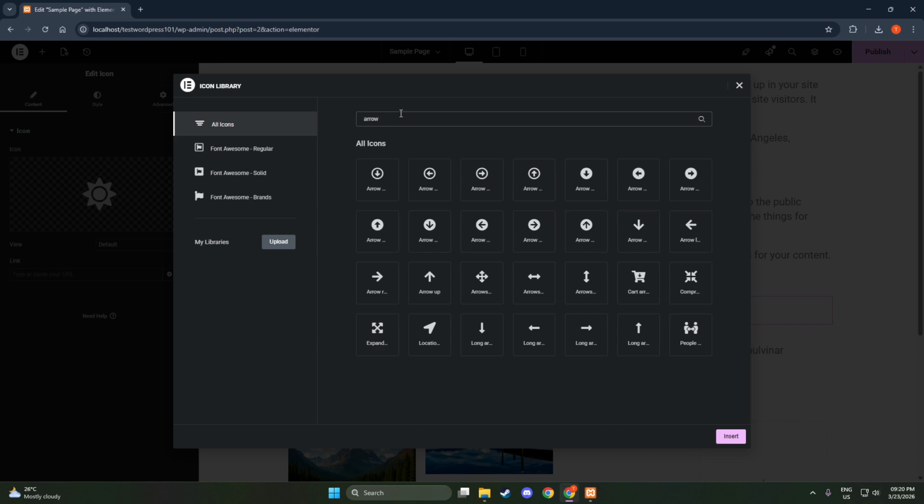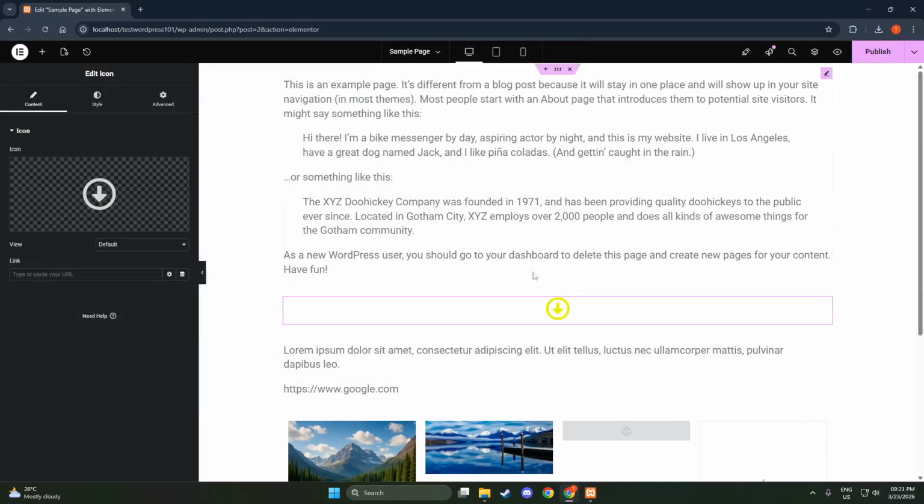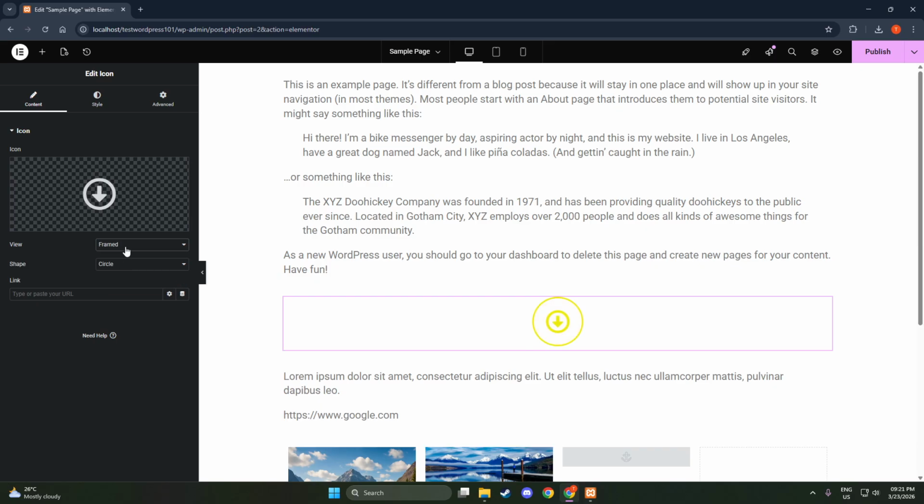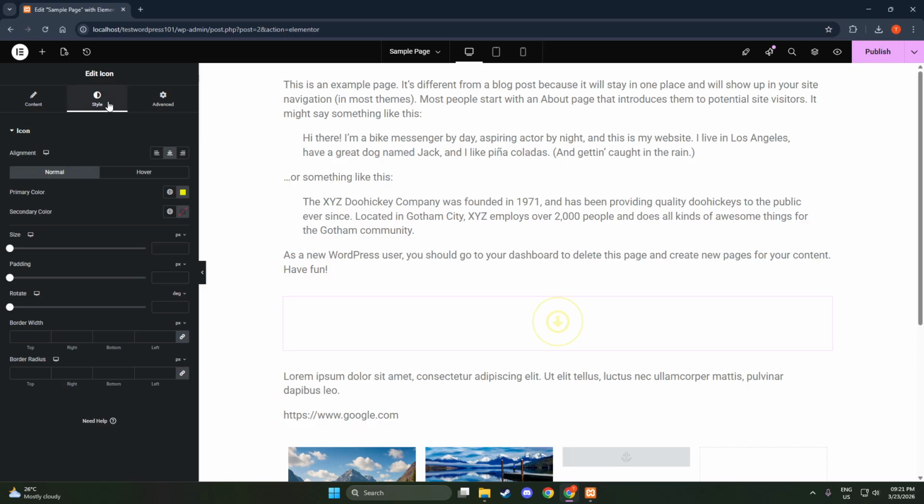Once your icon is in place, fine-tune it right in the same panel so it blends with your layout. Adjust size so it's readable without overwhelming nearby text. Set the color to match your brand palette and ensure strong contrast against the background for accessibility. Align it left, center, or right to keep your layout balanced. If spacing feels tight, add a bit of padding or margin from the Advanced tab to give it room to breathe.